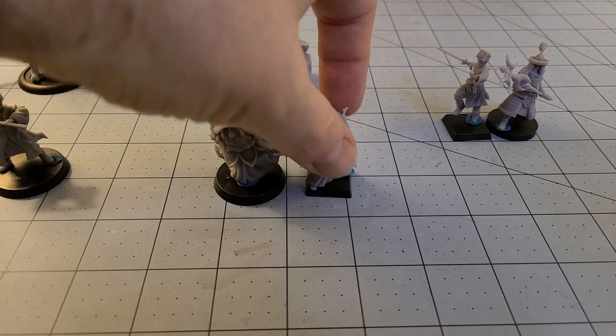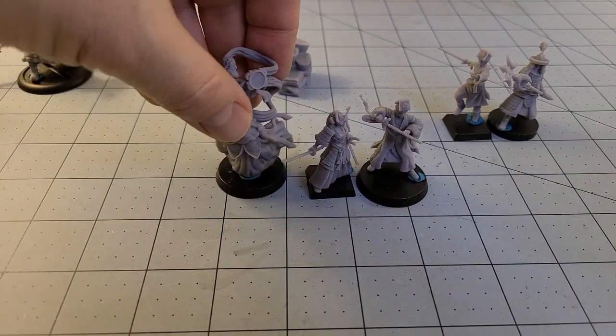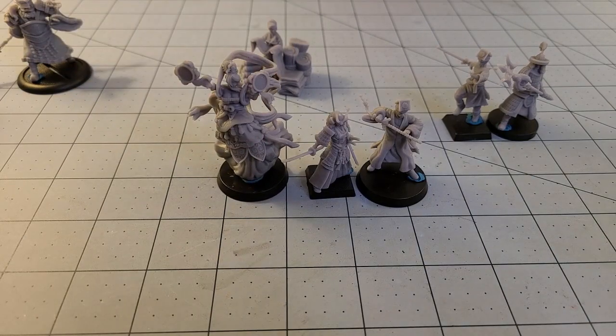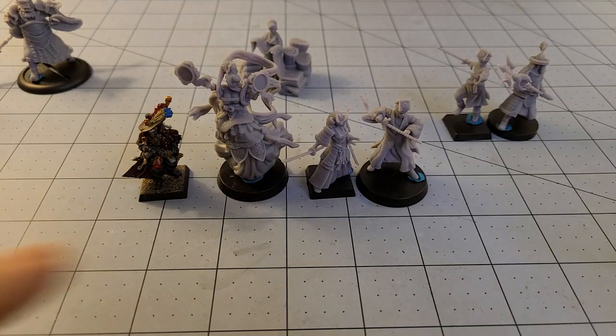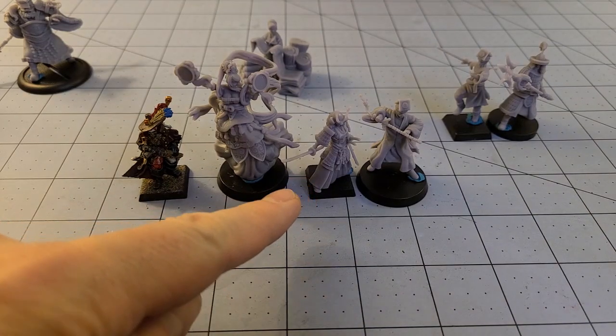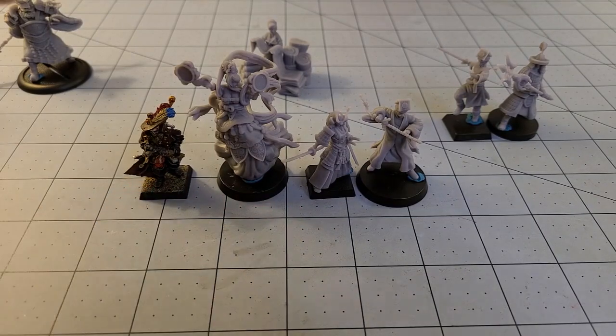So, grabbing a couple other models from various companies. Why we have samurai fighting with Middle Kingdom Chinese stuff, I don't know. But here we have a Raging Heroes samurai lady from recent. The rest of her friends are a little bit larger, but they're all getting painted. Our typical